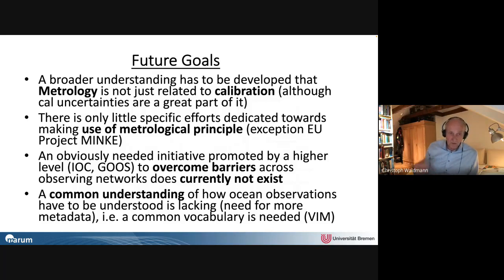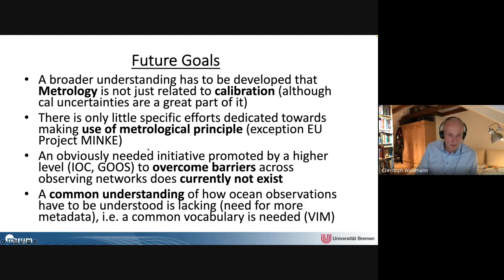I think all these topics related to what I just showed have to do with metrology. Many people will say, yes, sure, metrological principle, this is important to keep track of, and sure, we will apply it, but they just look into the calibration business, not in the field measurements. And I think that's something that is still missing. So we try to contribute to this aspect, not sure to what degree it is really helpful or can be used.